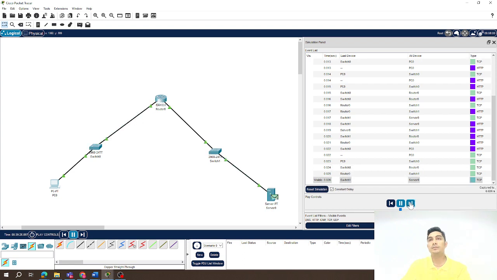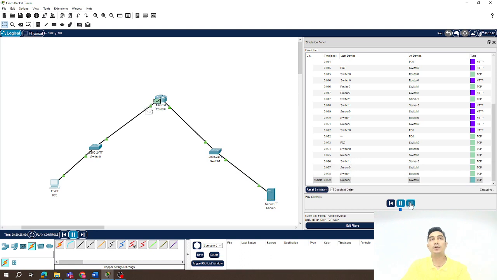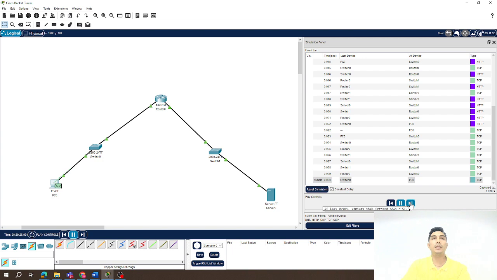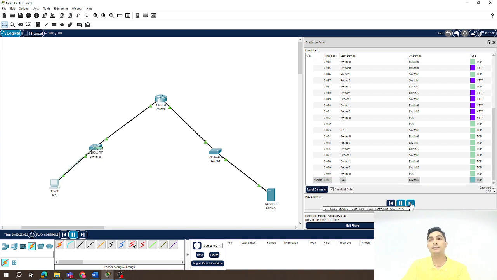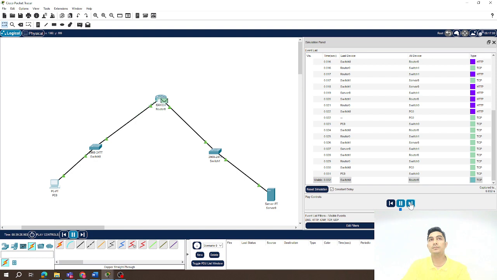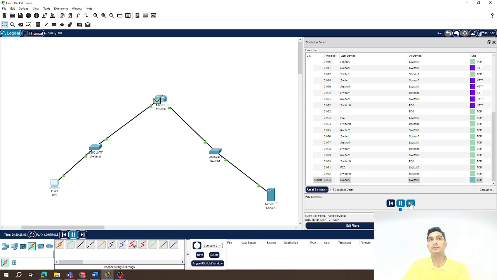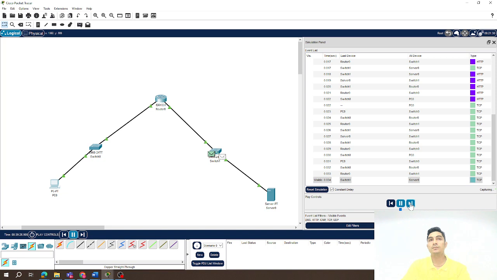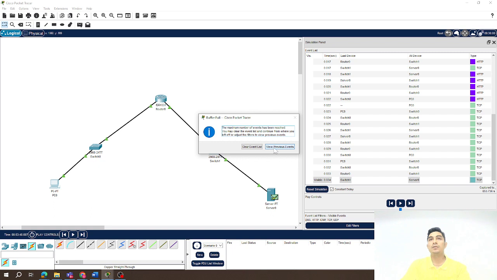So we can see the packets being switched between the server and the PC via the switch and routers in between. All right. So after that,